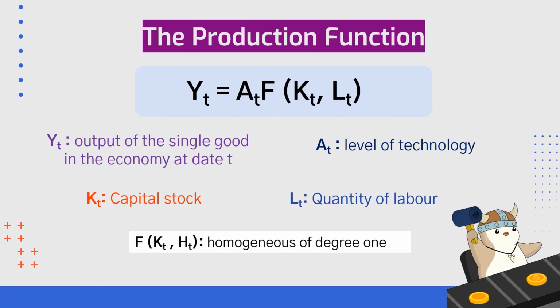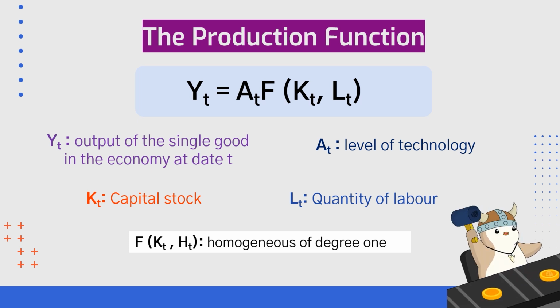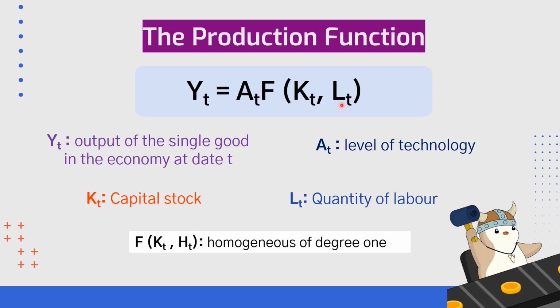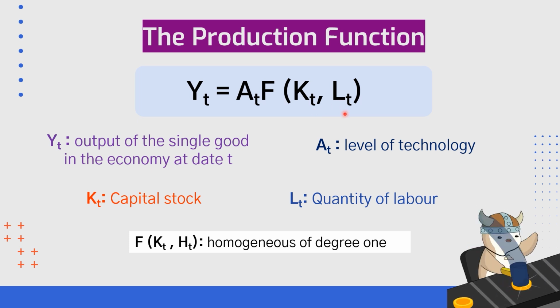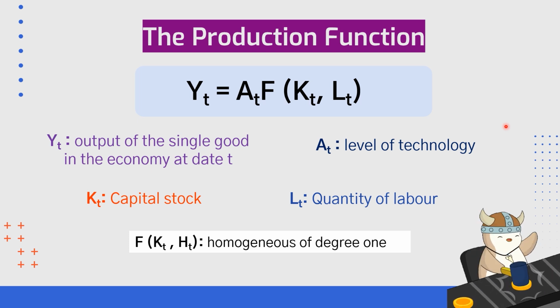As you can see here, the production function in the Solow model follows this general form. The production is a function of the overall level of technology within a specific country, which stands for A, and of K, which is the capital stock, and labor quantity, which is represented by L. At first glance, this looks similar to the basic production function we discussed earlier. However, the Solow model introduces capital accumulation and diminishing returns, which fundamentally shape how economies develop over time.